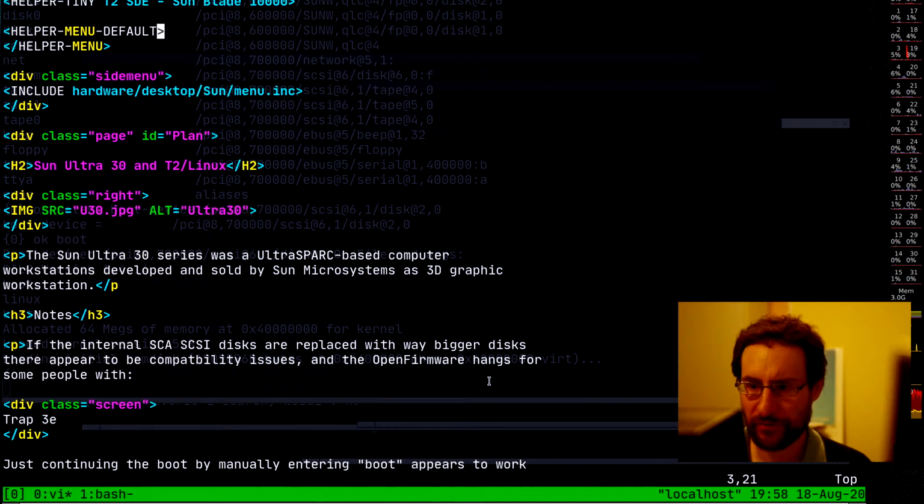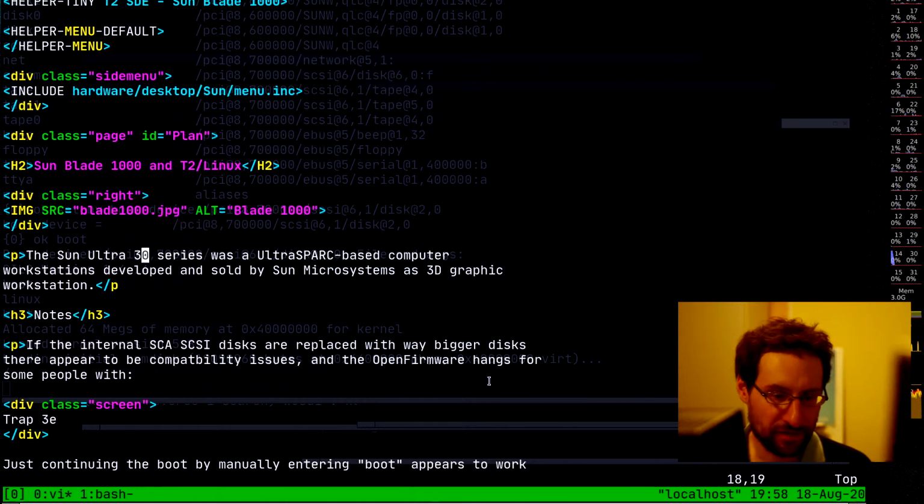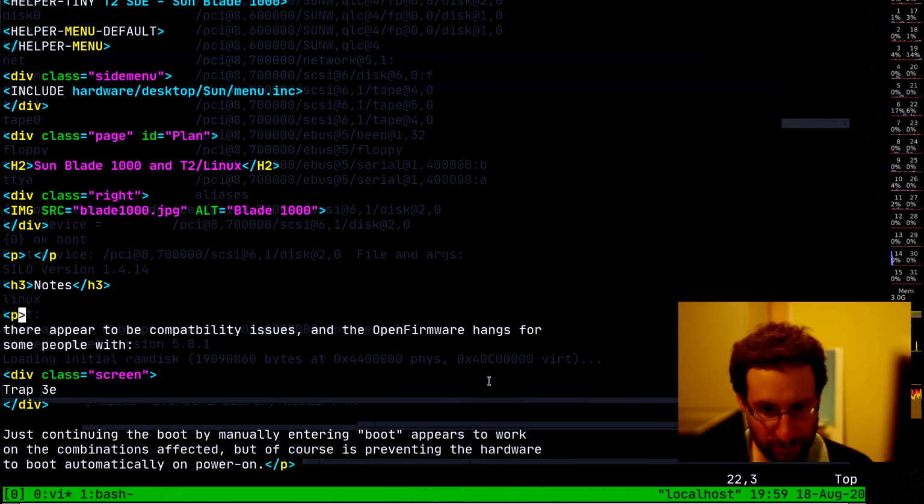Blade 1000, also with one less menu from Sun. This would be Sun Blade. But yeah, if you look also, the machine is larger than it looks on photos, and similar to the Octane, where I probably, in retrospect, I said this before, Octane rather large and heavy. Not sure if I would have got this as a node. We could actually have here,